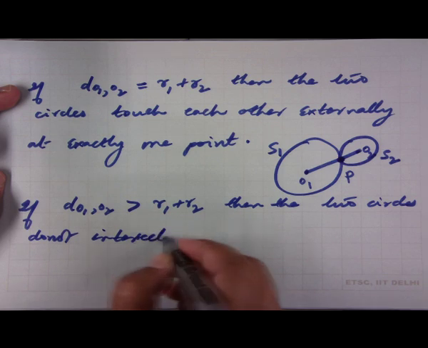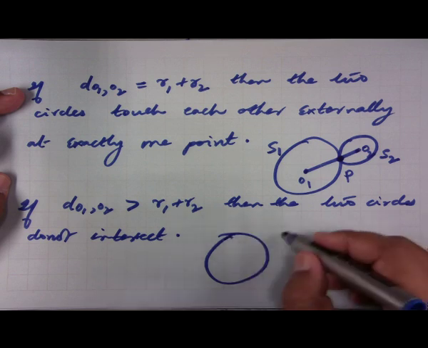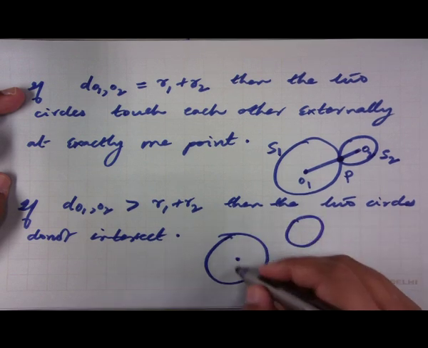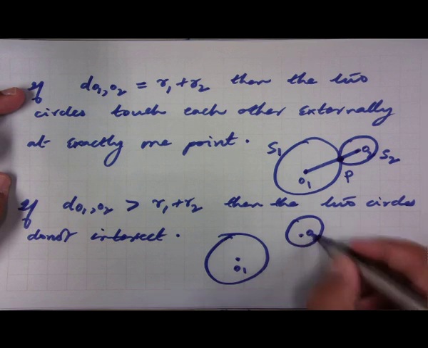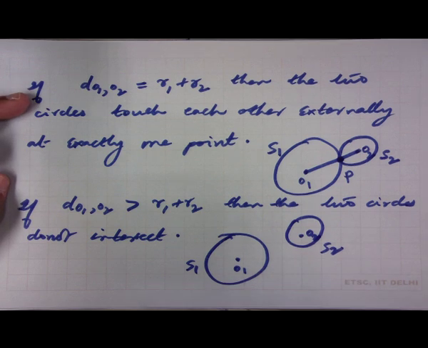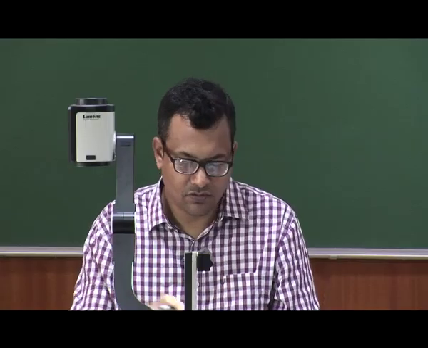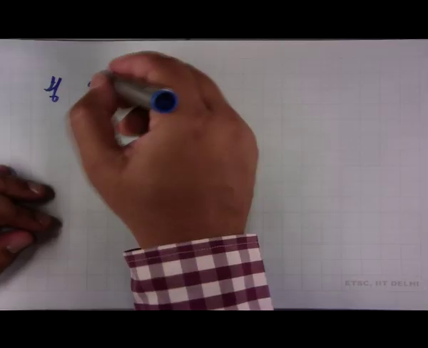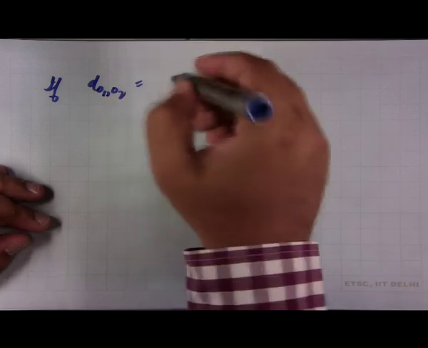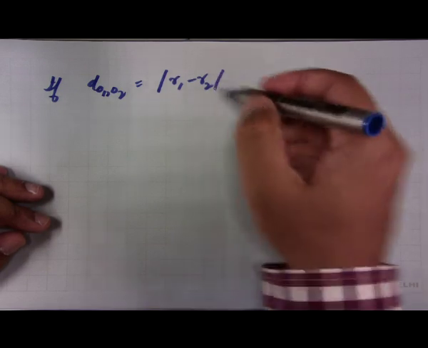This case is something like this, where we have the first circle and the second circle, and they do not intersect each other. Then we also said that if the distance between the centers is equal to the absolute difference between the two radii R1 and R2,